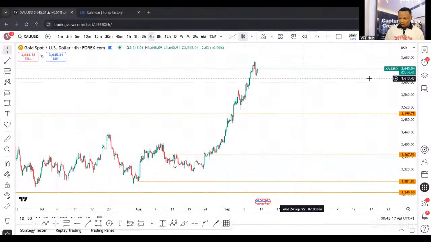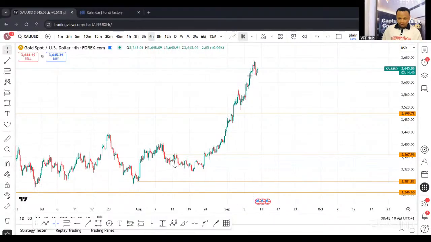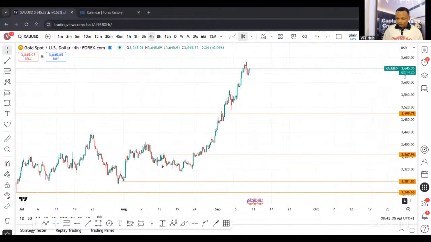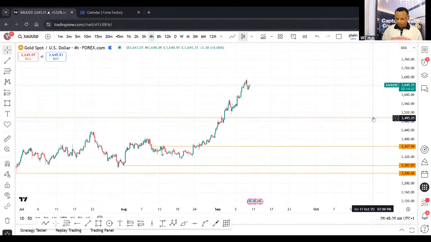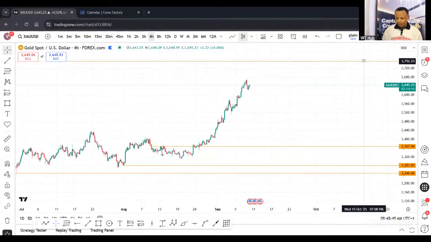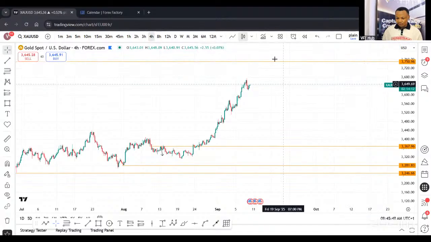Starting off with gold against the dollar. As you can see here on the screen, what we are looking out for is to see any brief retracement for a buy on gold. At any point, if you see a retracement and price looks to be resuming its trend, we're just going all out on gold. I said a couple of days ago that gold is trading to 3,750. That is the next price point that gold will be trading into. 3,750, okay, so this is where gold is heading to.